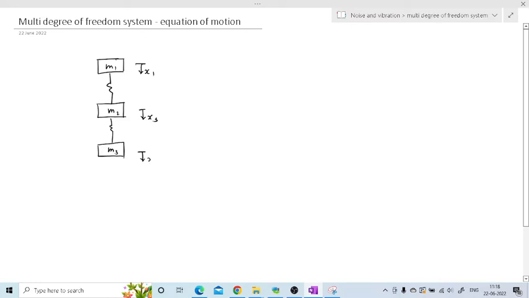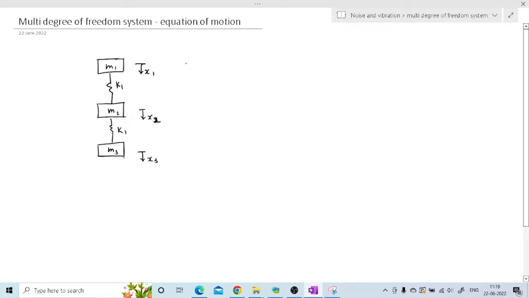Means to represent this system we will have to give the equation for x1, equation for x2 and equation for x3, and only then can this system be represented. And if I determine x1, x2 and x3, then these are the 3 displacements. To determine these 3 displacements we will have to initially find out the equation of motion, that is the differential equation of motion. So in this session we are going to determine the differential equation of motion for this multi-degree